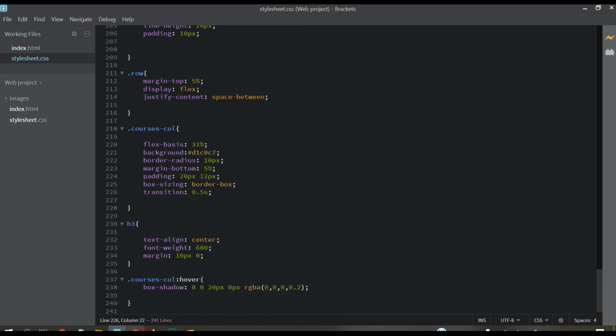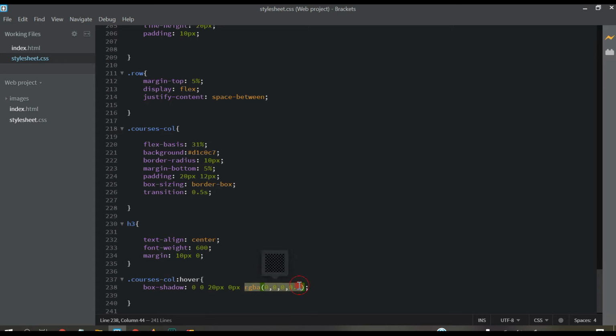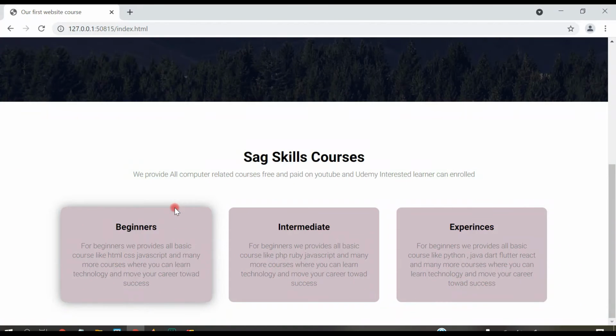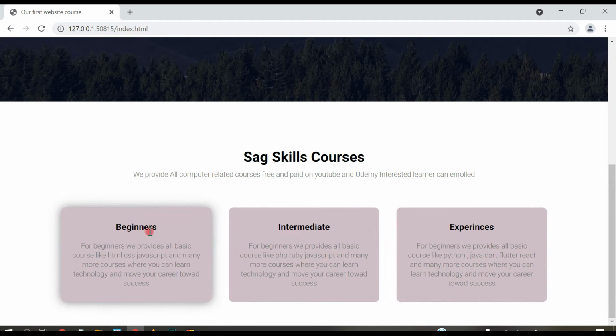Control S, let's see. Yeah, it's looking nice. Or you can change the color here to 0.5. Control S. You can see the shadow is appearing when we hover on it.